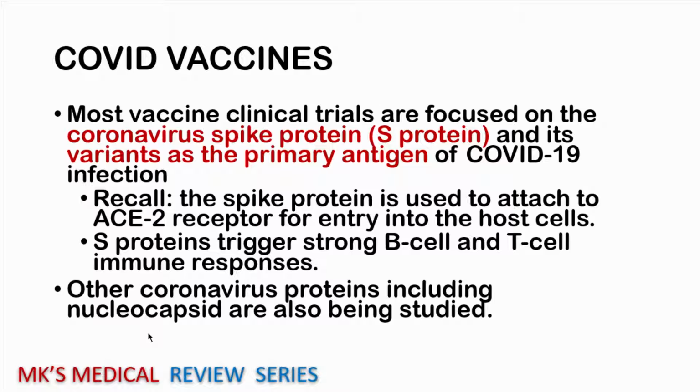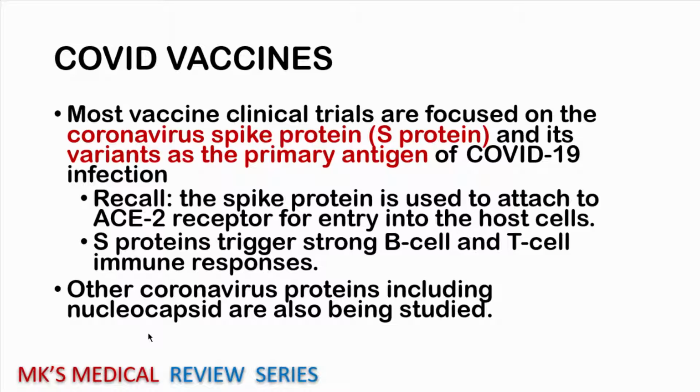Then we'll now come to the COVID vaccines. Remember that most of the vaccines that are under clinical trials, most of the vaccines that are on the market, are just going to be focusing on the coronavirus spike protein and the variants of this as a primary agent for COVID-19 infection. Because remember that for the virus to actually gain access into the body, it needs these spike proteins to actually attach to the angiotensin converting enzyme type 2 receptors so that it can enter into the host cell and of course trigger this